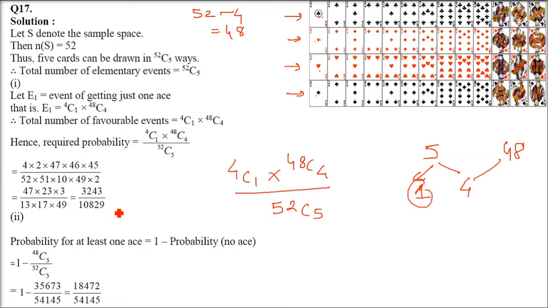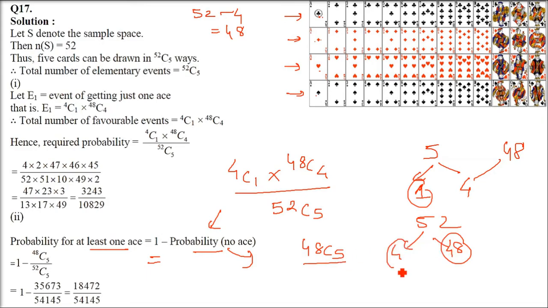Now this is just one ace. Now in order to find at least one ace, we will do the reverse activity. We will find the probability of having no aces, and then we'll subtract it from 1. Then we'll get at least one ace. So let us find out the probability of no ace. Now the probability of not having an ace, because there are 4 aces. Remove those 4 aces from the 52 pack of cards. So when you pick it up, there will be no ace. So in all, there are 52 cards, 4 aces, 48 are other than aces.